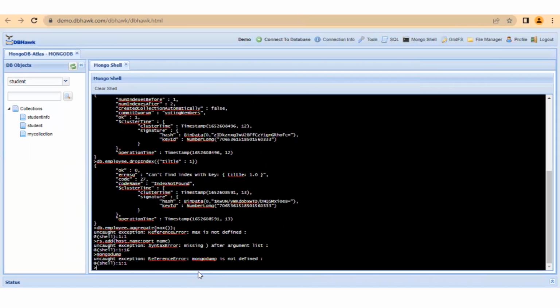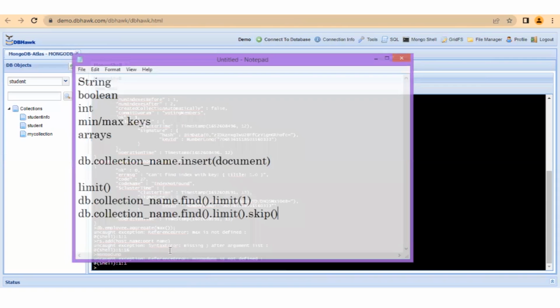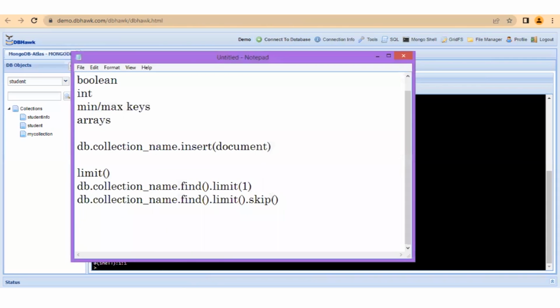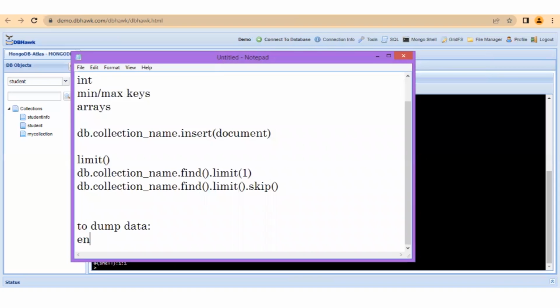The mongodump command is used to dump the data. So first of all, you will have to go to the directory. Here you need to make sure that you are entering the IP and port to dump data. You will have to enter the IP and